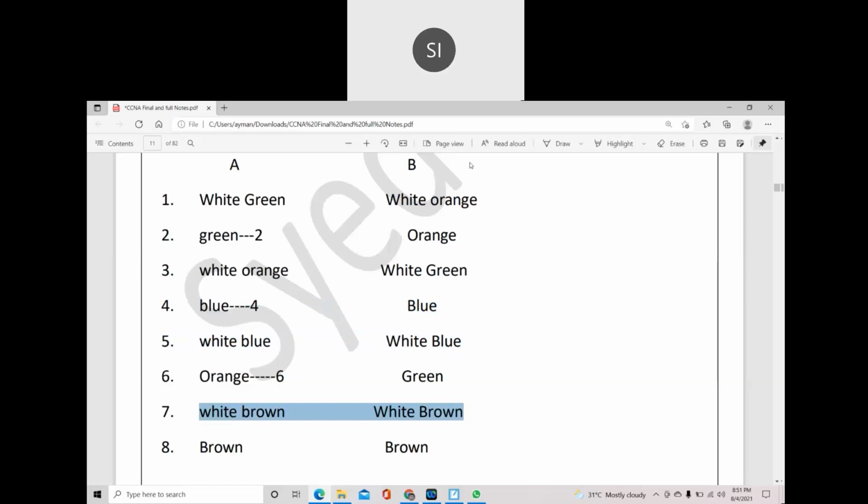The crossover cable is the exact cable we need to use, but nowadays we are not using it. Why? Anyone knows why we are not using crossover cable? Actually we have to use the exact crossover cable, because if the sender is sending, the destination needs to receive the data.